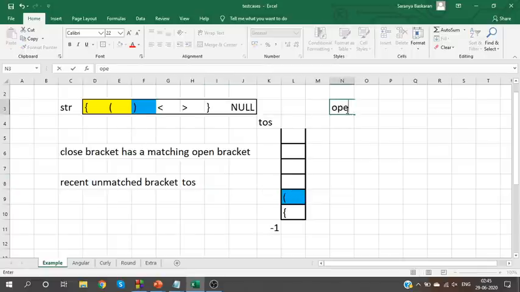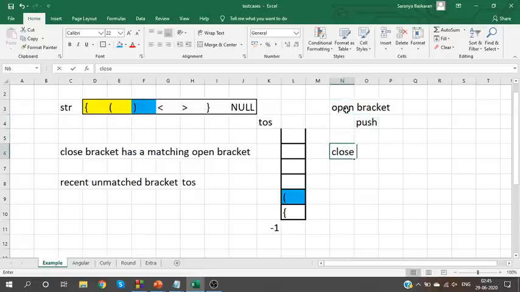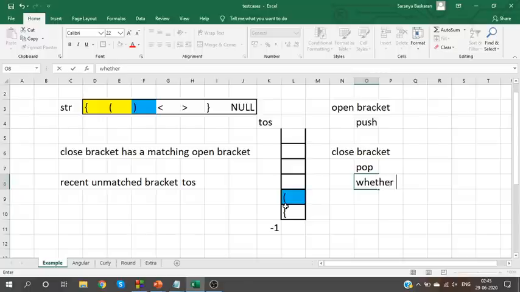So what did we do when we see an open bracket? For an open bracket, push it into the stack. For a close bracket, pop an element from the stack. Take this away because these two have to be matched, right? So take it away and see whether the two are matching.